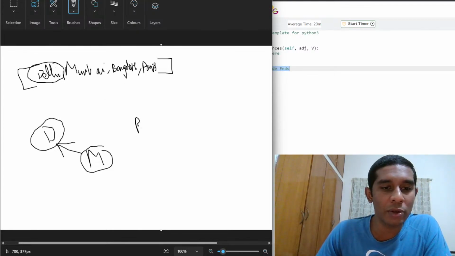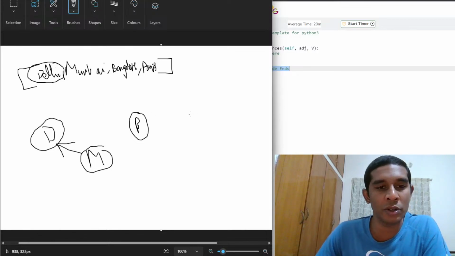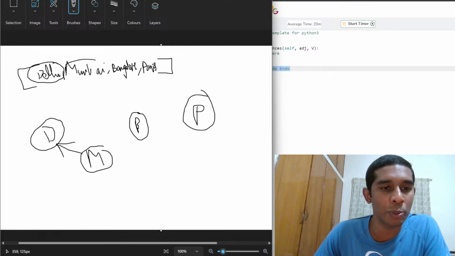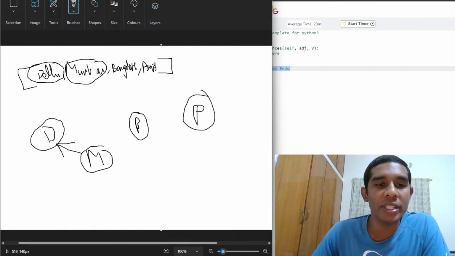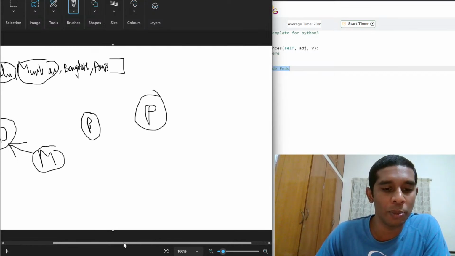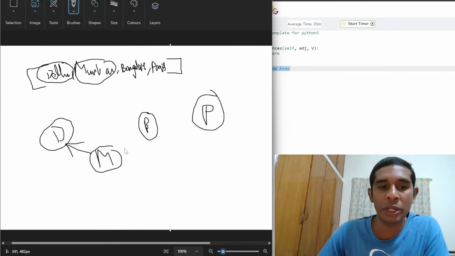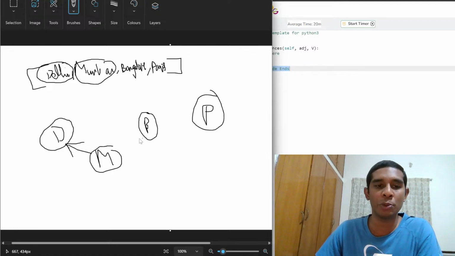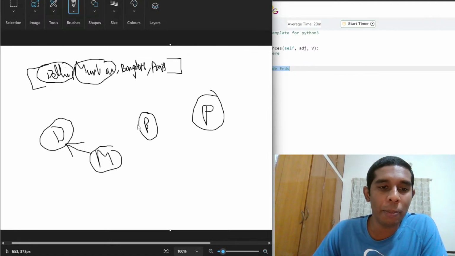So for now, Bangalore is just separate, on the side, and we have Paris also, which is on the side. Now we consider Mumbai, right? Now we see if Bangalore and Paris are connected to Mumbai in any way. Absolutely, there is a path going from Bangalore to Mumbai. So what you do is make Bangalore point to the capital city of Mumbai,